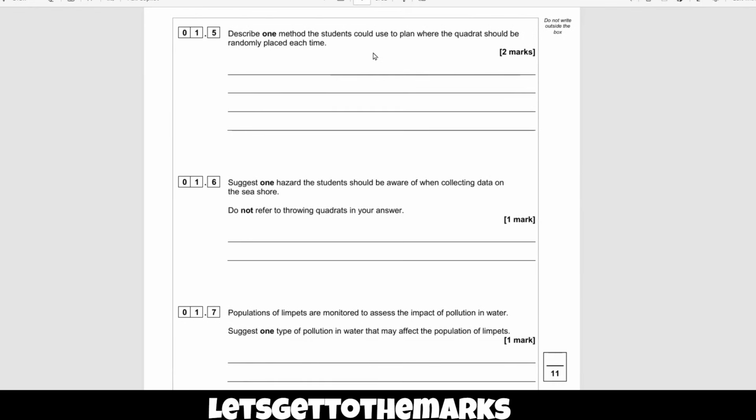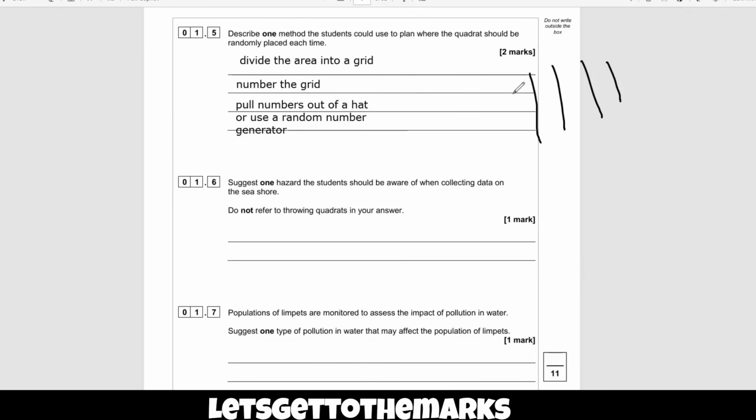Describe only one method students could use to plan where the quadrat should be randomly placed each time. There's more than one method, but describe one. So what we would say here, you would divide the area into a grid. So you make a little map of the area and number the grid. Now you could pull numbers out of a hat, or use a random number generator. So you basically take the area, you divide the field up like that,